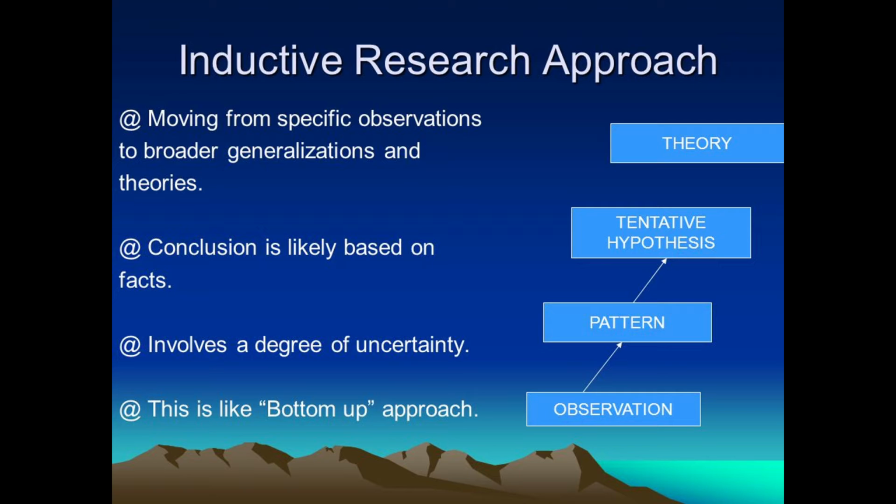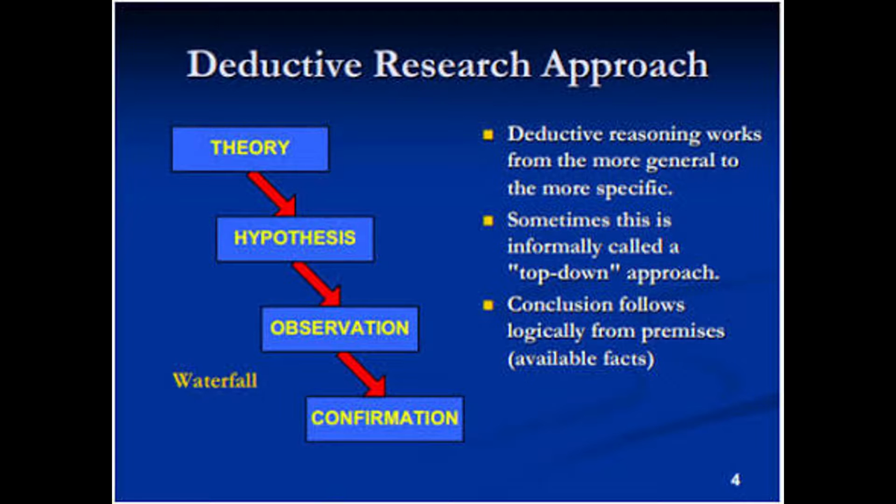While conducting research, as we just said, we have two approaches: one is inductive and the other is deductive. Quite opposite to inductive is the deductive approach. You can see the arrow mark in the deductive research approach, where first the theory is there. From the theory, you frame a hypothesis, then you conduct research, observe a smaller study and confirm it. Let us make it very simple.